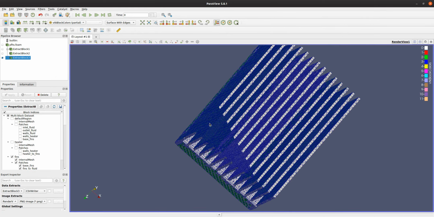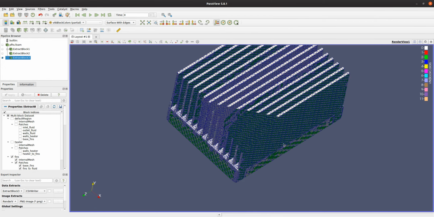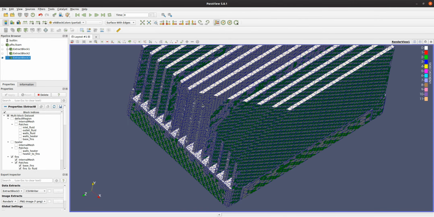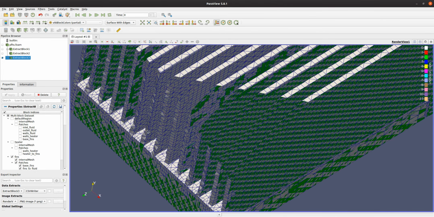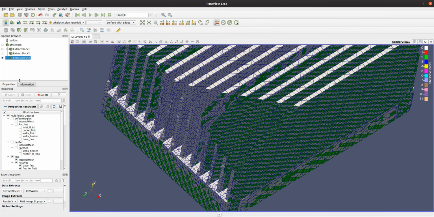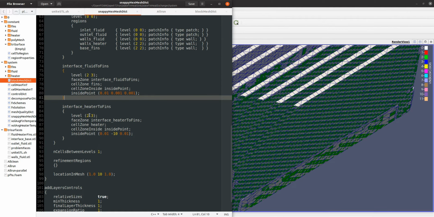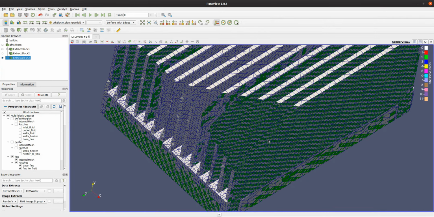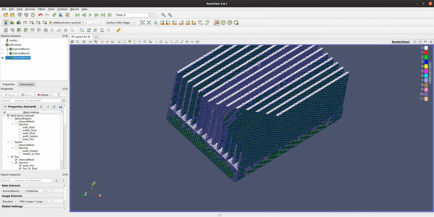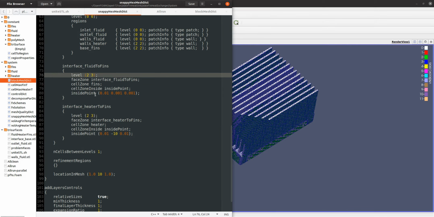The only issue with Snappy Hex Mesh is that sometimes it cannot fully capture the geometry. So if you want to capture the geometry in greater detail, you can go here and increase your refinement level for surfaces. And if we want to do that, we might want to run it in parallel.